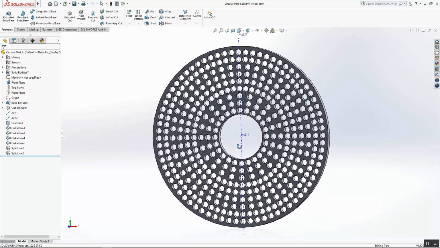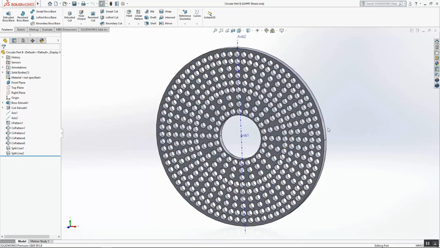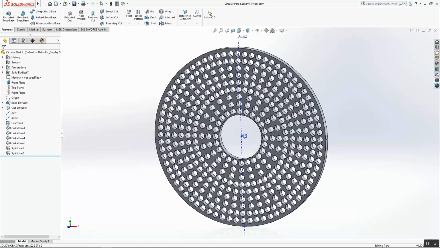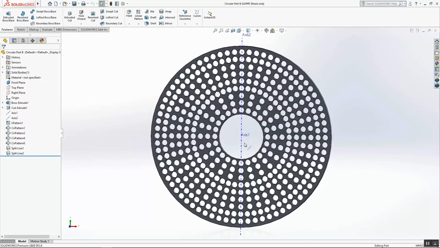The boundary conditions for this are relatively straightforward. So the outer section is going to be fixed, and then there's a structure in the center that we're not modeling. We're going to use a coupling inside of the 3D Experience platform that will pull the center portion down and could also potentially apply a rotation to it. So when we do that, when that displacement is applied, these circular cutouts throughout our structure are going to potentially